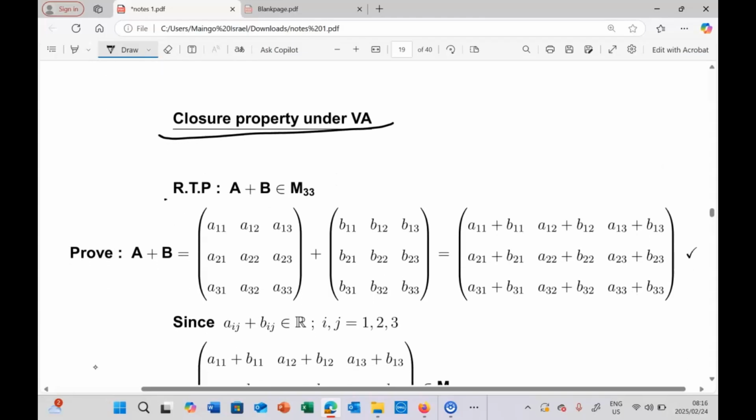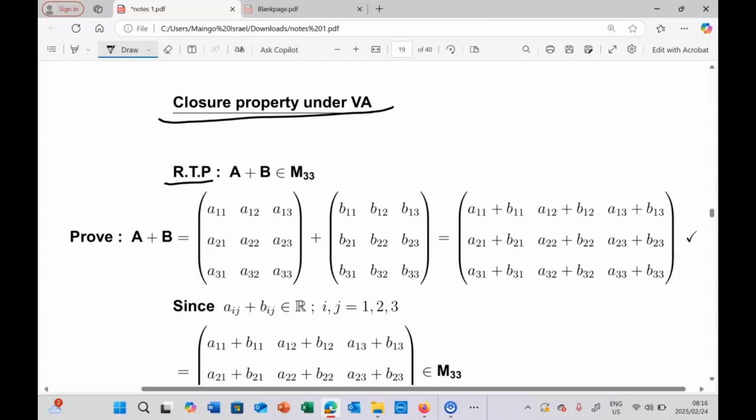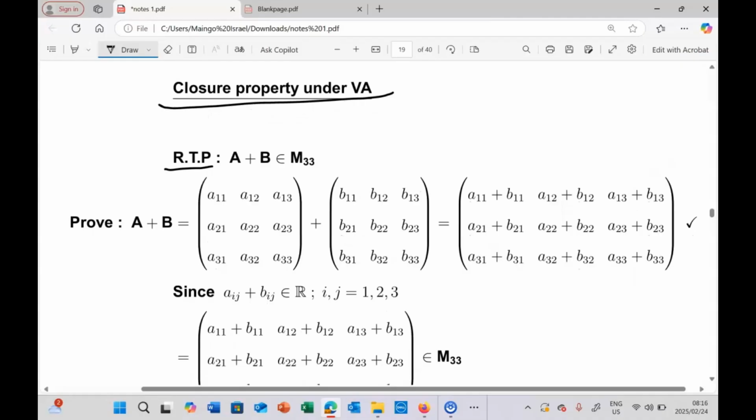So we told you these are baby steps. You can decide to write the method required to prove it, or decide not to write it. It's your own choice. So now we have what is called the closure property under vector addition first, which we are proving,